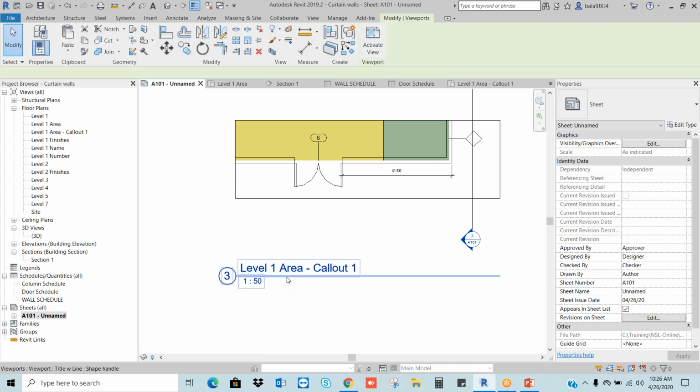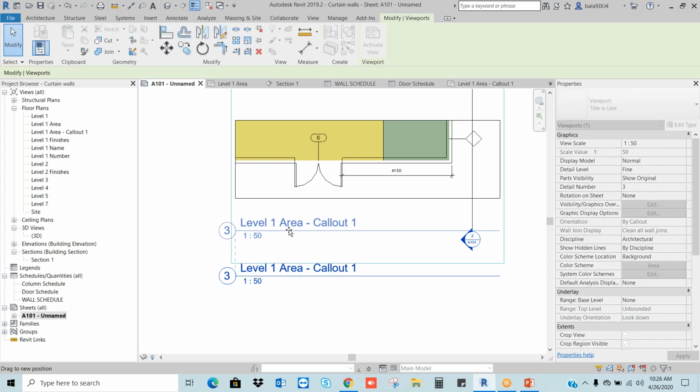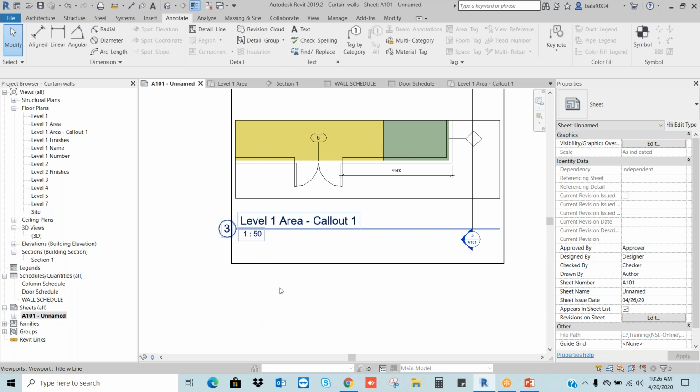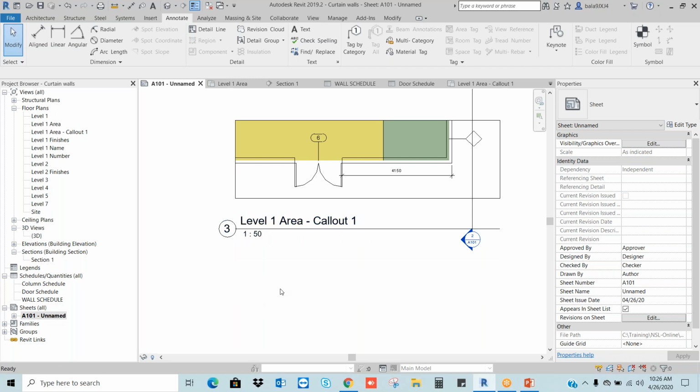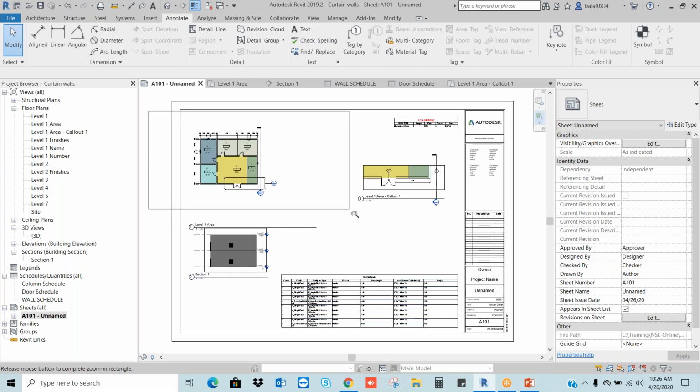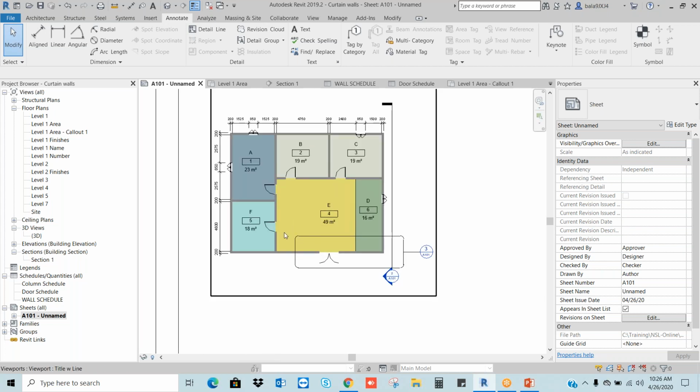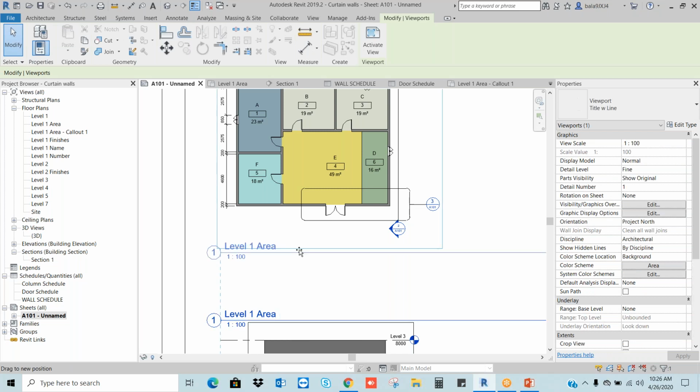So now I want to adjust a little bit nearer to this. I will select this title information just to move. Drag and drop. Here if you see this detail, you can see detail number 3. This is a level name, whatever we gave the floor plan, and you can see the 1:50 scale. Now I am going to the floor plan. In the floor plan, this is our floor plan level. I'm going to move nearby.